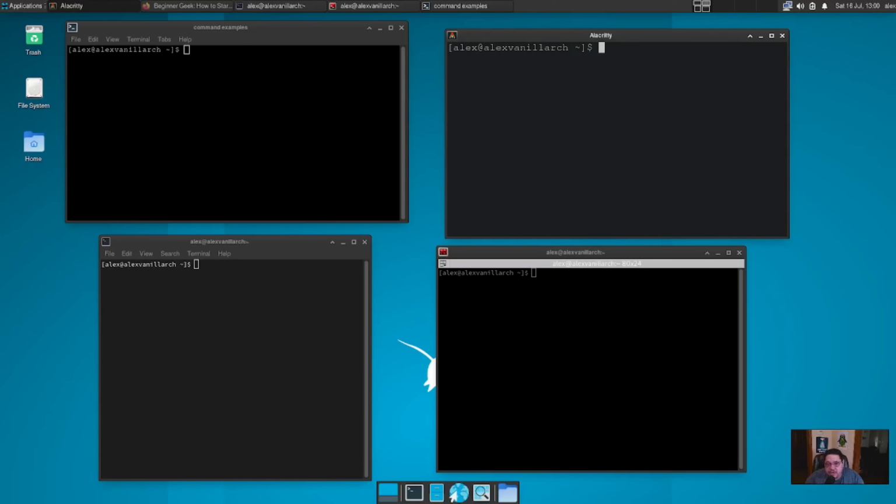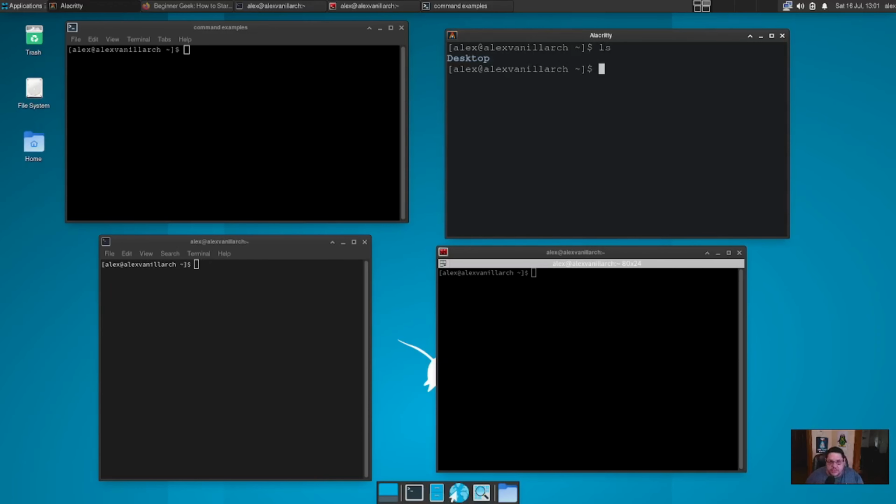Now, anytime you open a terminal, it's never open at a root level. That's why it looks the way it does. It's got your user with your host name on it, right? And this little tilde right here lets you know that you are in your home directory. So if you type in